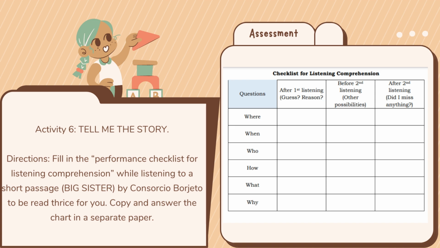Big Sister by Consorcio Borjeto. The 18-year-old big sister, Ensheng, helps the 12-year-old brother prepare his stuff for the travel to vegan. In the process, Ensheng recalls her hardship in tending to the needs of her only brother. Their mother has passed away giving birth to the brother of Ensheng, so she acts as the mother to Itong. The father never married again and spends his time tilling their land and helping in the everyday sustenance of the family. Itong needs to go to school, and being a valedictorian graduate in the Barrio Elementary School, there is a